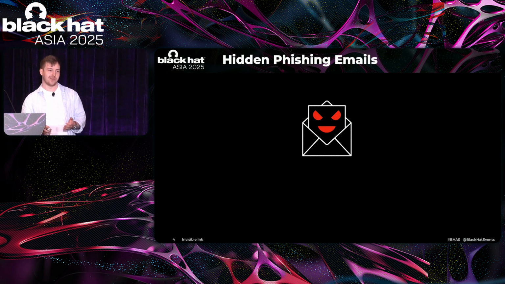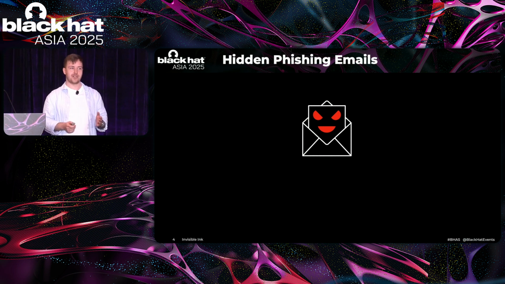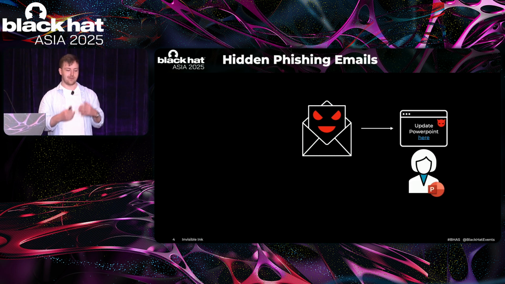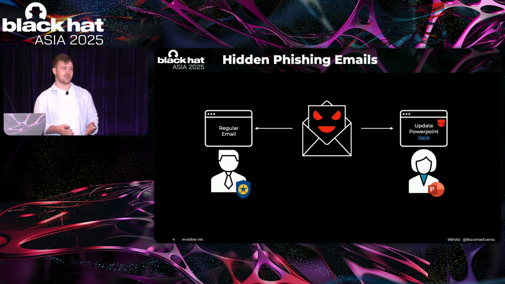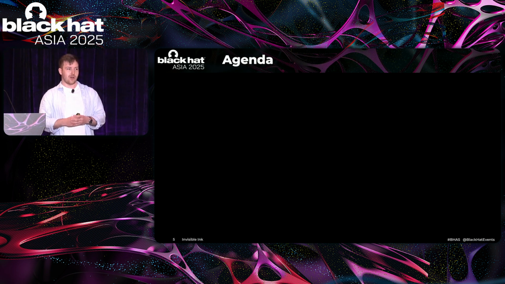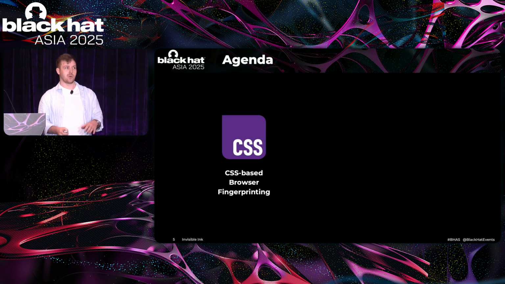Also, what we can do with this is build hidden phishing emails. So we have emails that look like phishing emails to the actual target audience, in this case, for example, PowerPoint users, and like benign emails to someone who is, for example, tasked with detecting such emails. All of this is built on CSS-based browser fingerprinting, which is what we will discuss in